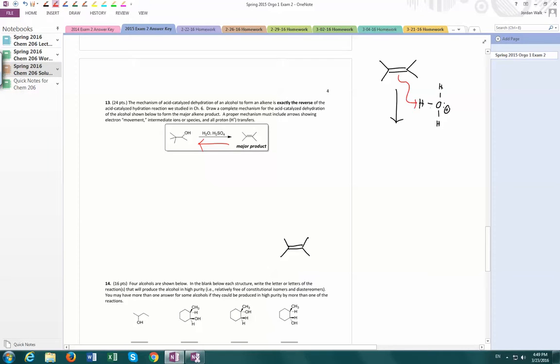Yeah, so we start with a pi bond and we protonate. So this is just reaction number 2 that we learned, right? It's the acid-catalyzed hydration of an alkene. All right, so when we do that, what we end up with is going to be a structure that looks like this. And this isn't going to be super intuitive because we're working backwards, but okay,